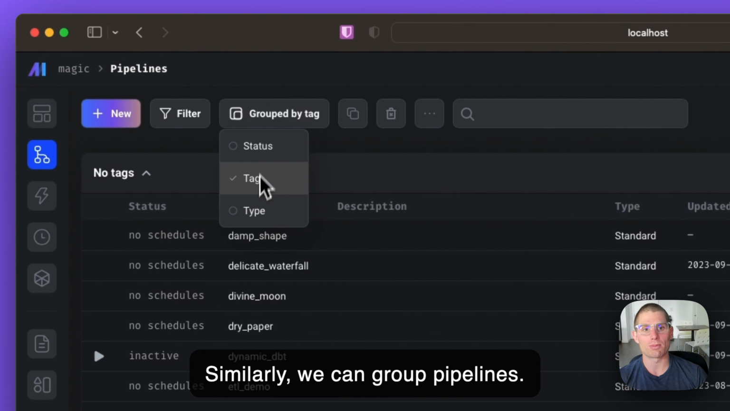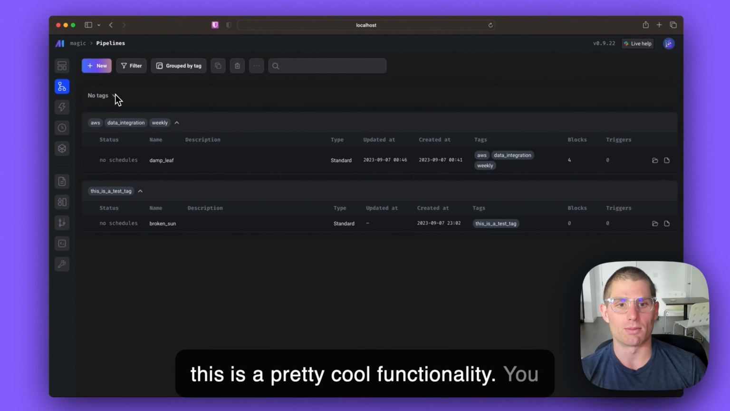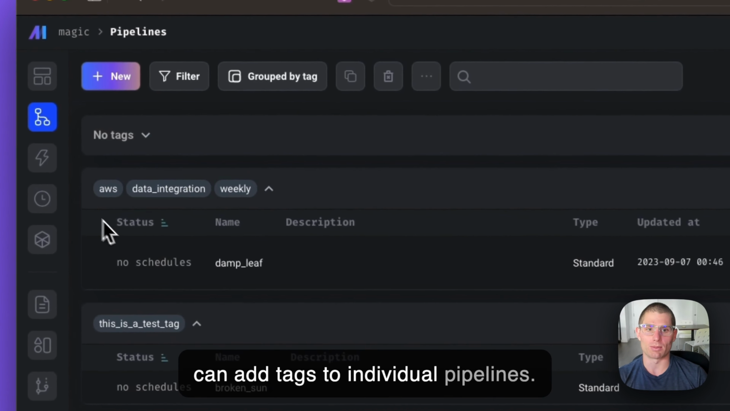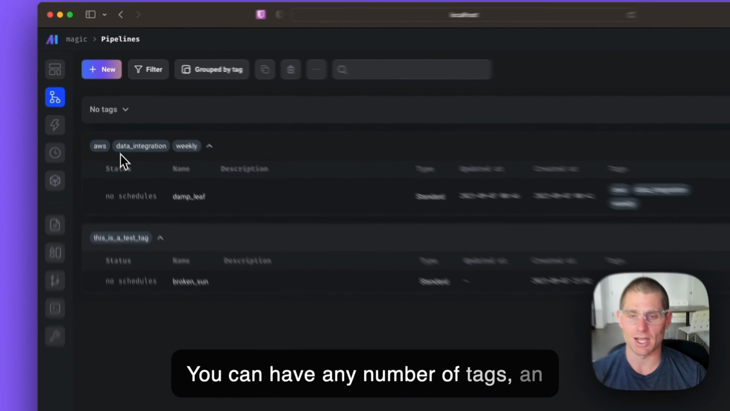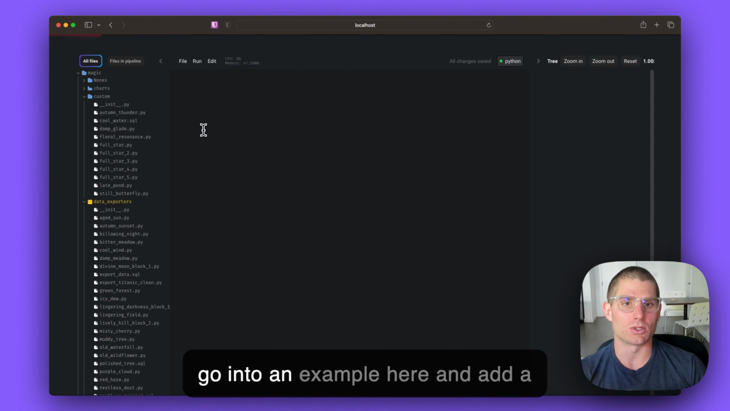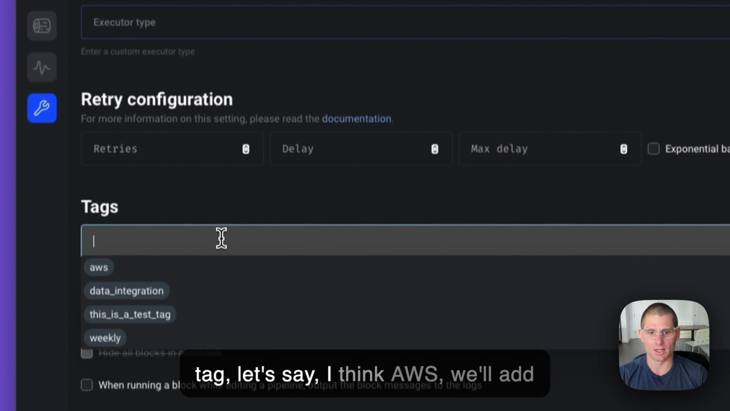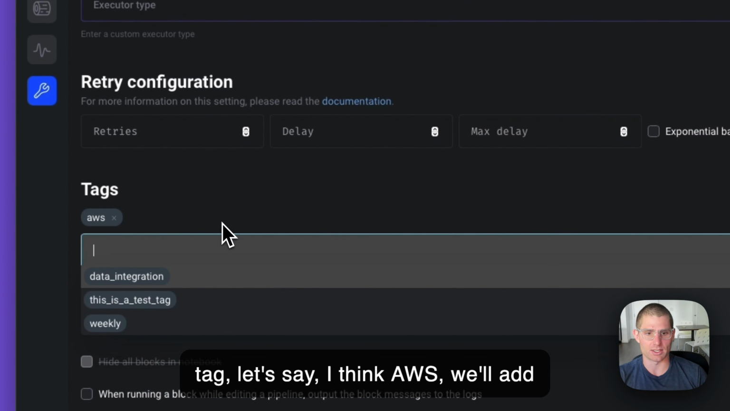Similarly, we can group pipelines. Currently, they're grouped by tag. So this is a pretty cool functionality. You can add tags to individual pipelines. You can have any number of tags, an arbitrary number on a pipeline. And so if we go into an example here and add a tag. So let's say, I think AWS things, yeah, we'll add an existing tag,